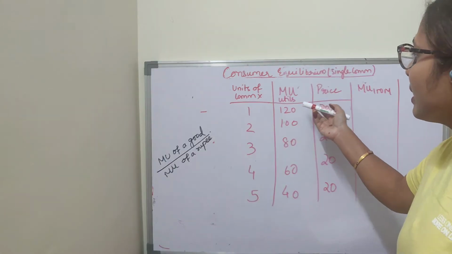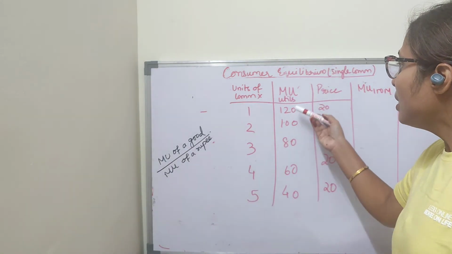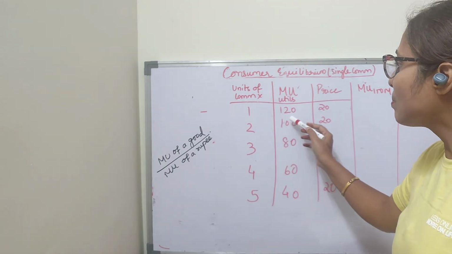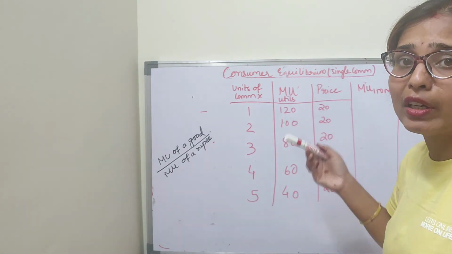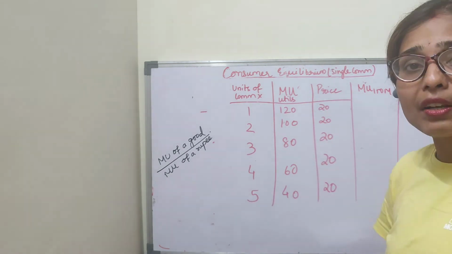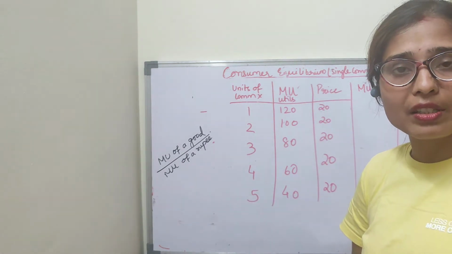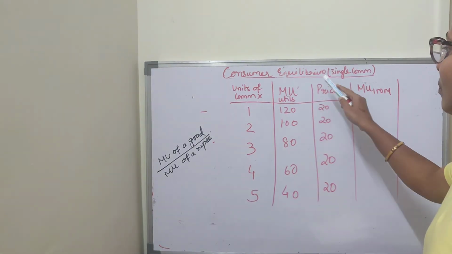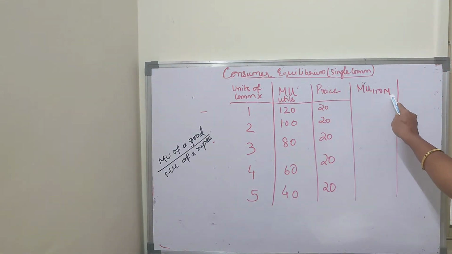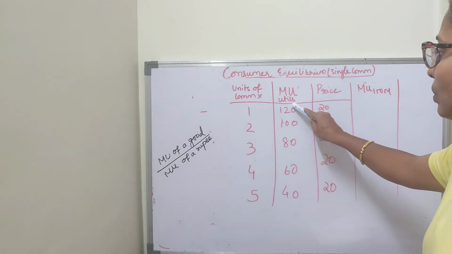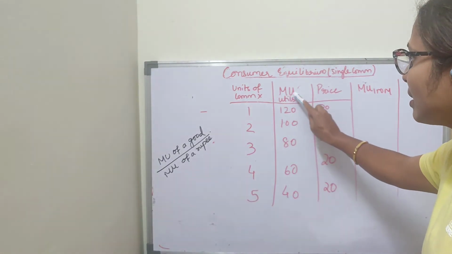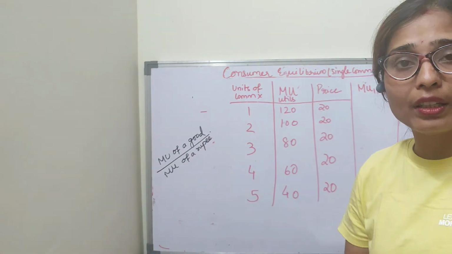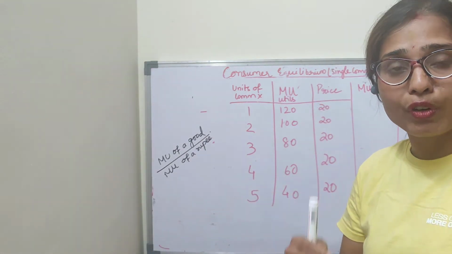Or else I can say that if you consume 1 unit of commodity X, the marginal utility which I derive is 120 utils, 100 utils. Likewise you will say we cannot express our satisfaction in utils. So we can express our satisfaction by just converting this marginal utility in terms of money. It is difficult to express in utils, so that's why we are just converting this table in terms of money so that we can compare it with the price, whether we are getting the satisfaction worth of the rupee or not.